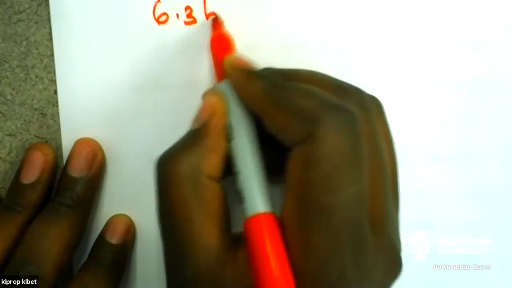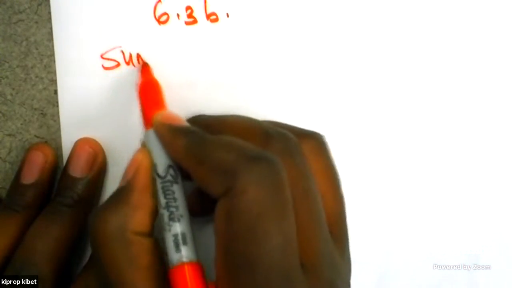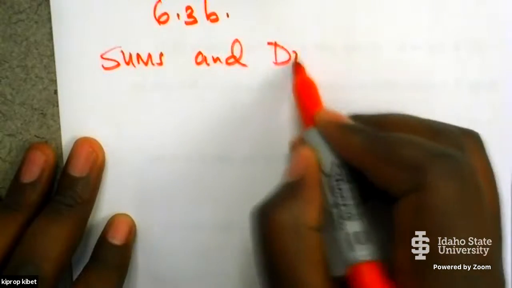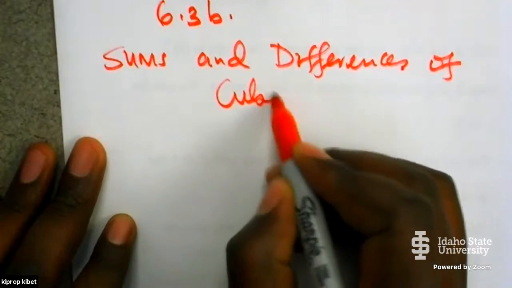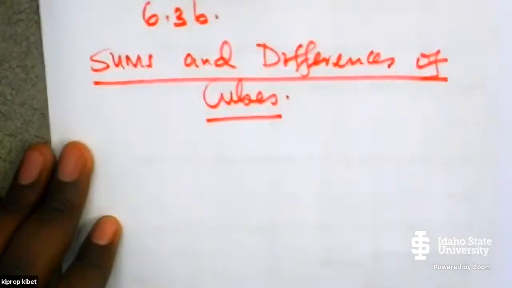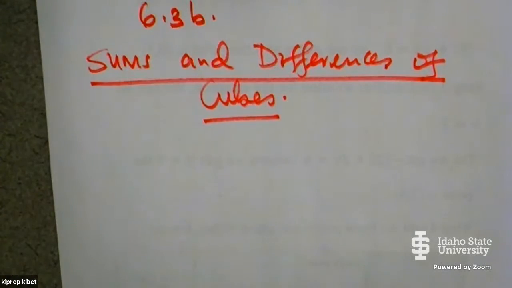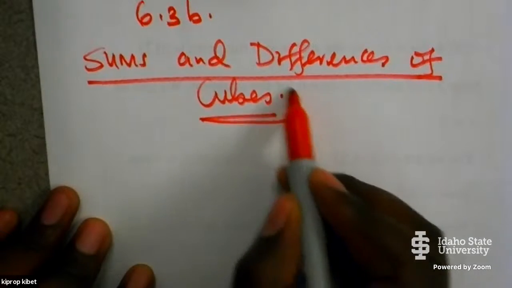Now let's come to section 6.3. We don't have any question. 6.3 is the sum and difference of cubes. Now the previous one was the squares. Now when we come to the cubes,